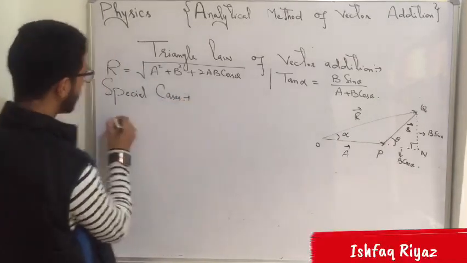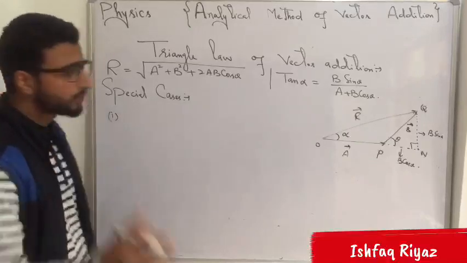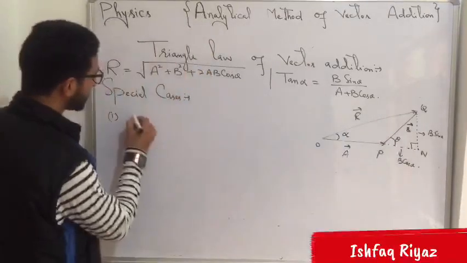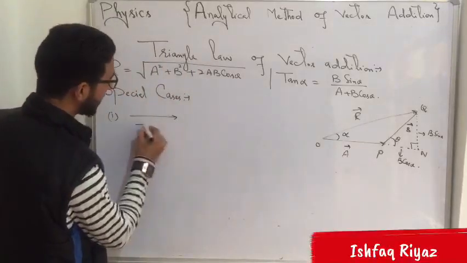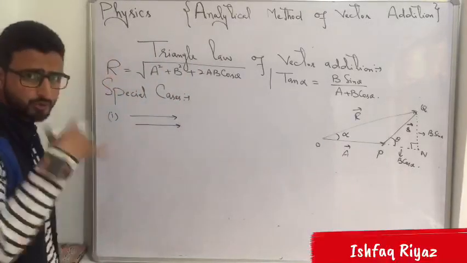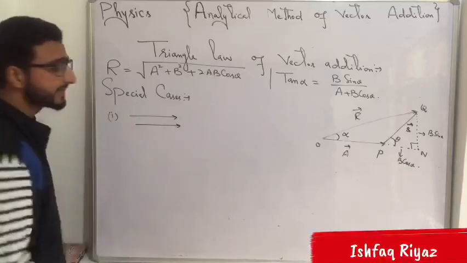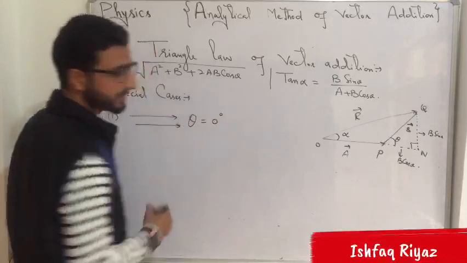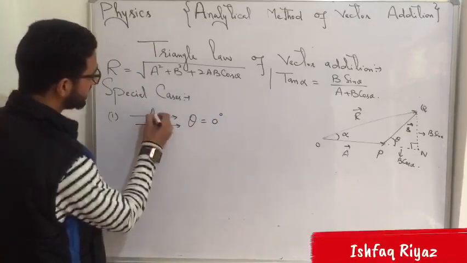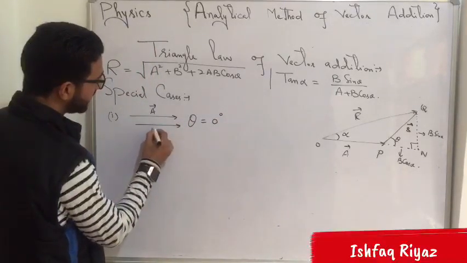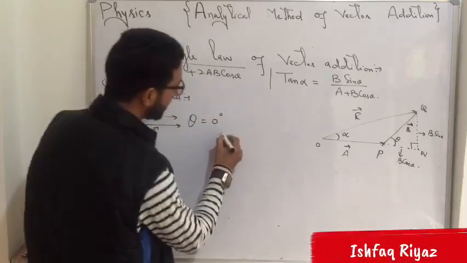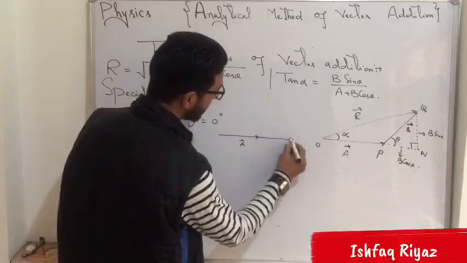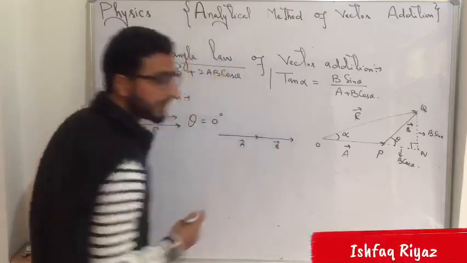So case first here will be if the two vectors here they are inclined at an angle theta. If the two vectors are parallel to each other, that is they are acting in the same direction, that is the two vectors are like, आप खुद बता सकते हो what is the angle between two like parallel vectors? It is equal to 0 degree.